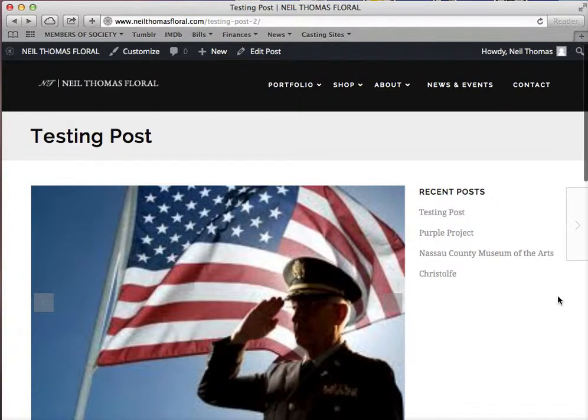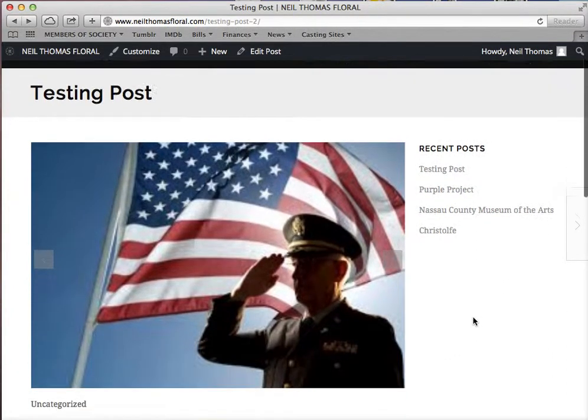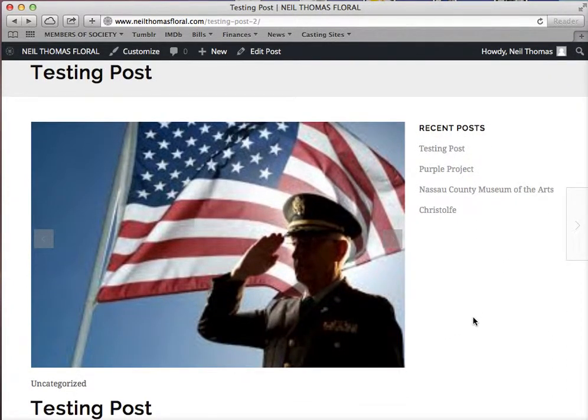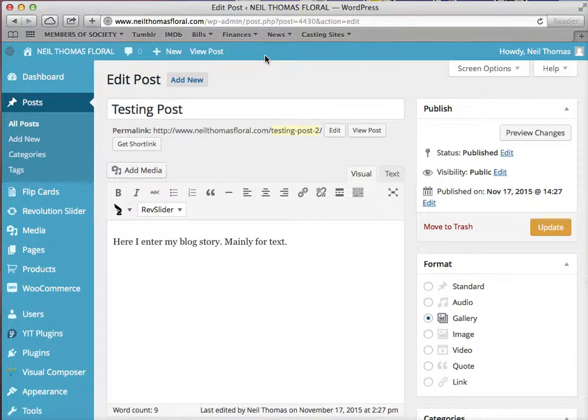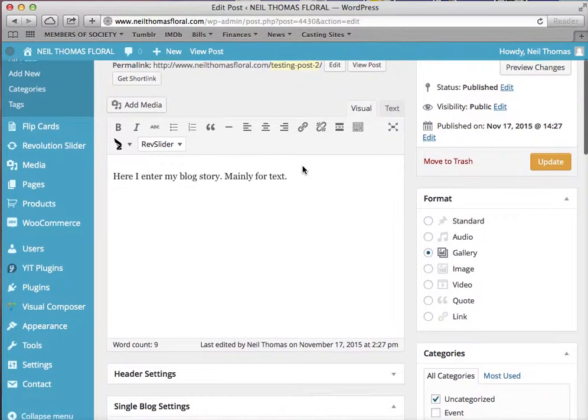So say that you do notice that, or that you did want to correct that after you have published your post. What I would do is go up here to your toolbar where it says edit post and click on that once. That takes you back to where you started with adding new post. So what we'll do is we'll scroll down